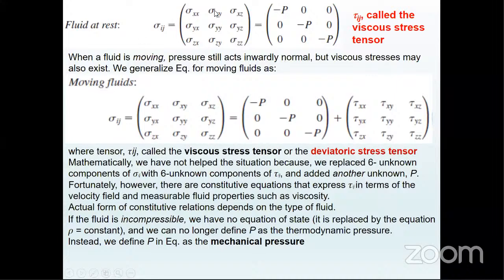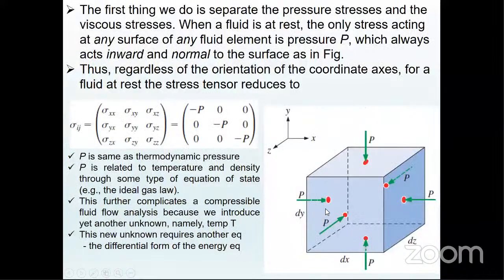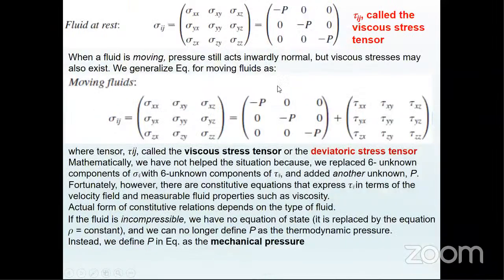What happens when a fluid is moving instead of stationary? Pressure still acts inward normally, but viscous stresses may also exist. If the fluid is at rest, the viscous term is 0. If the fluid is moving, viscous stress acts. Then one can generalize this equation for fluid at rest to moving fluids. The same expression must be equal to